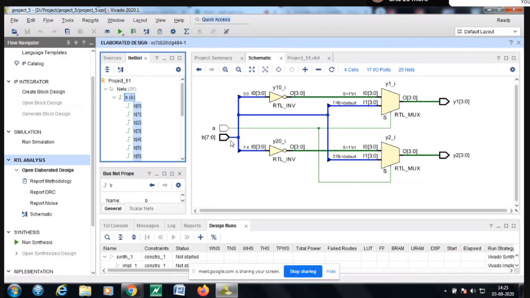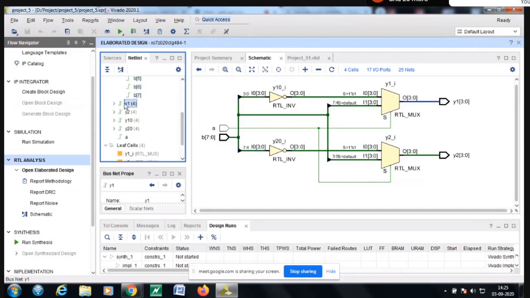So the B is routed from here to here and directly here. It goes here, it goes here. The length, width, everything matters. But how many micrometers, how many nanometers, what is this length, what is the thickness, everything is with respect to the target IC now. If you use Spartan 3, it has different values. If you use Virtex board, that has different values. However, since we are choosing the target board in advance, automatically the tool will optimize the line track thickness, length and track thickness.